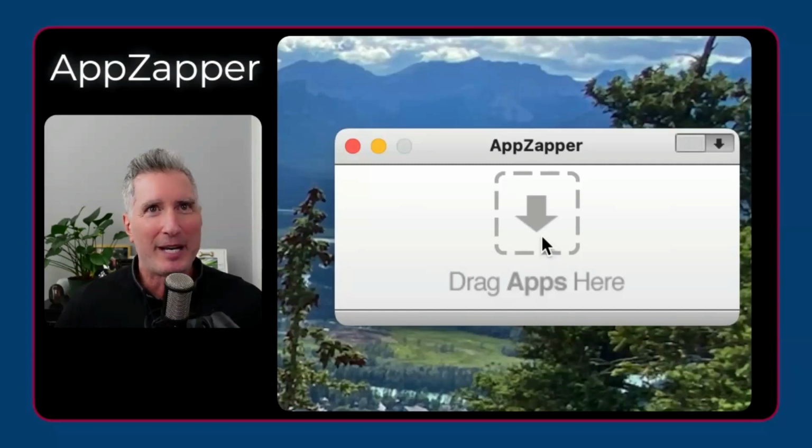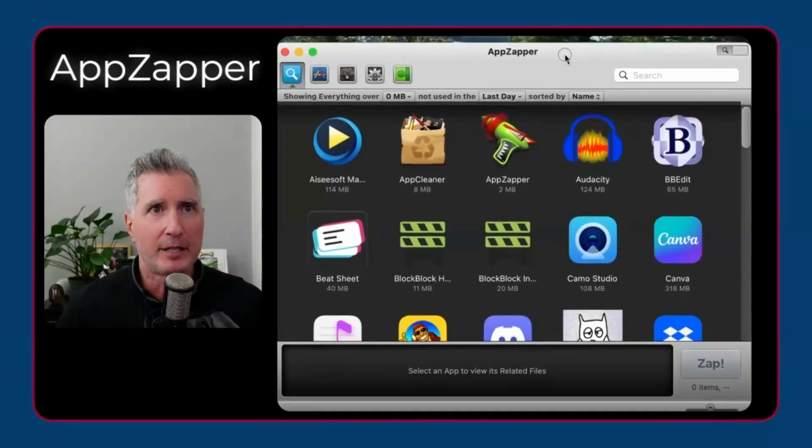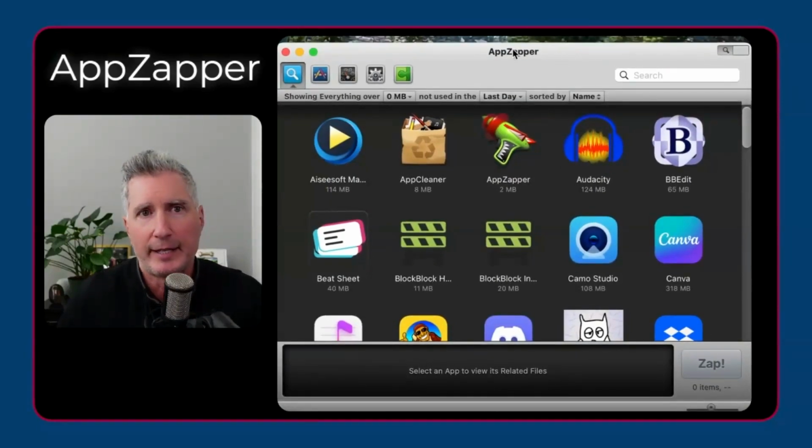So part of the magic here happens when you then click on this little box here with the arrow. This little switch opens up a ton of really, really nice customization features that you can use to drill down to what exactly you want to look for on your system and then get rid of. So for instance,